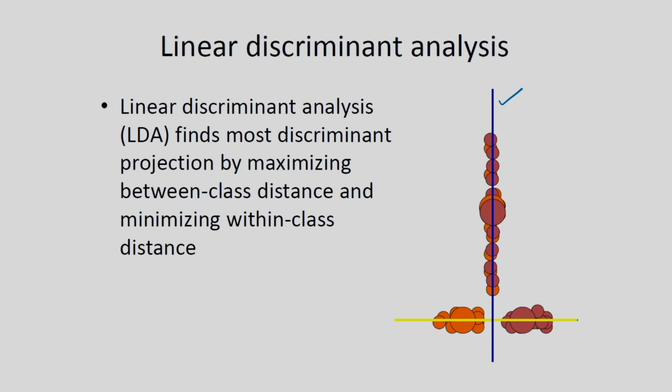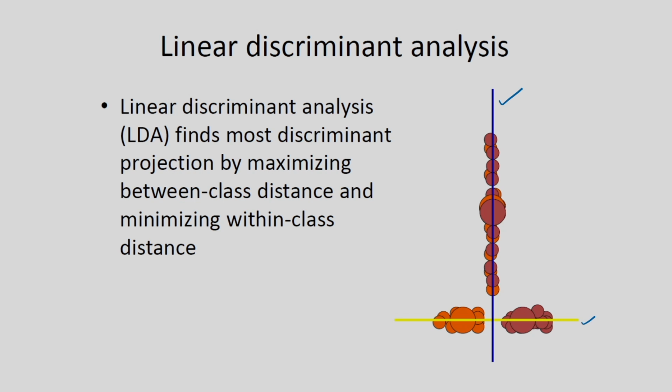But if I consider the second projection direction, that is the yellow, the discrimination between these two classes is maximum. So you can see the discrimination between these two classes is maximum. So I have to find that direction in which the discrimination between these classes will be maximum. So that direction I have to estimate.